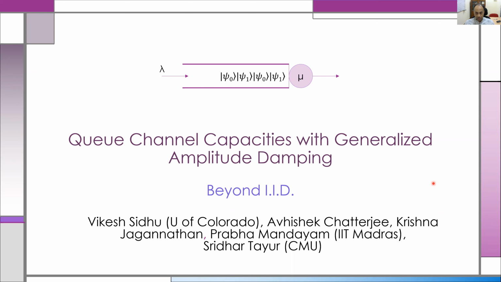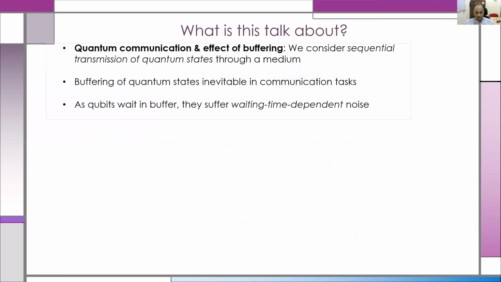So what is this talk about? This talk considers the effect of buffering in quantum communications. In particular, we consider sequential transmission of quantum states through a medium. As you know, buffering of quantum states is inevitable in communication tasks. As qubits wait in a buffer, they suffer a waiting time dependent noise, and this is the issue we quantitatively characterize